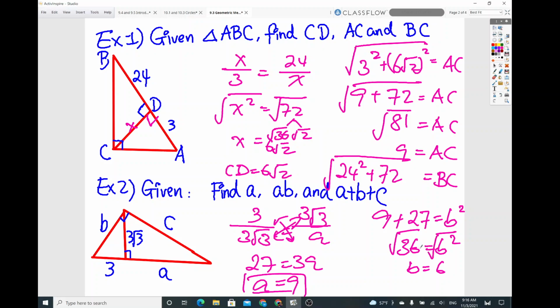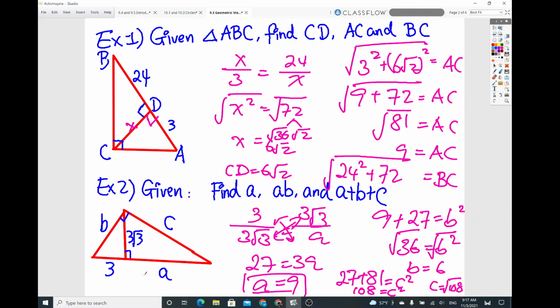And then for C, similar situation, Pythagorean Theorem, so 3 root 3, quantity squared, that would be 27. A squared, 81. So that equals C squared. So 27 plus 81, so we'll get 108. Okay, so C equals square root of 108. And also find a way to simplify it. So root 108,